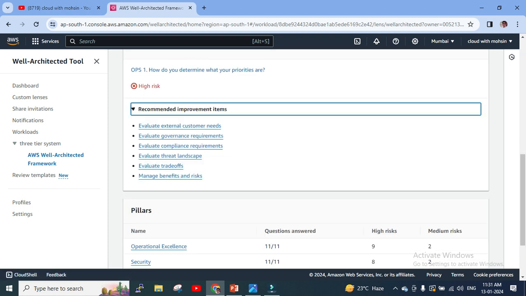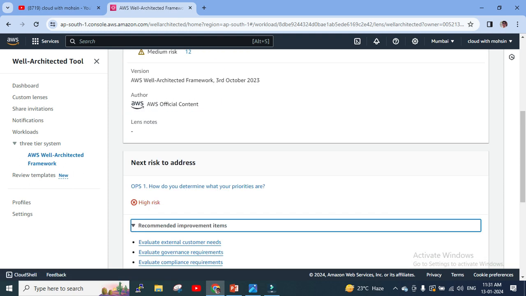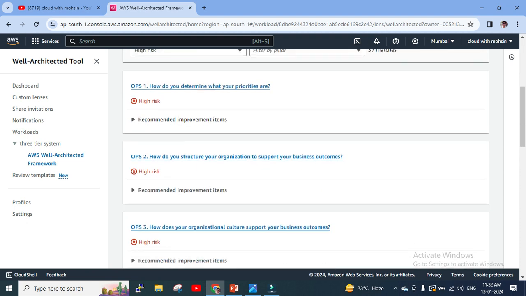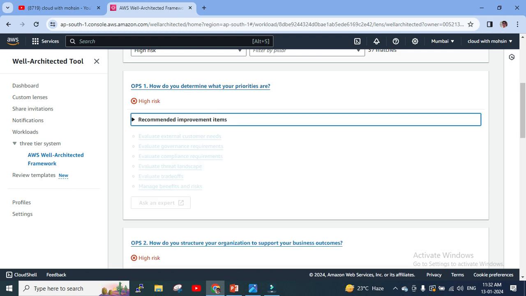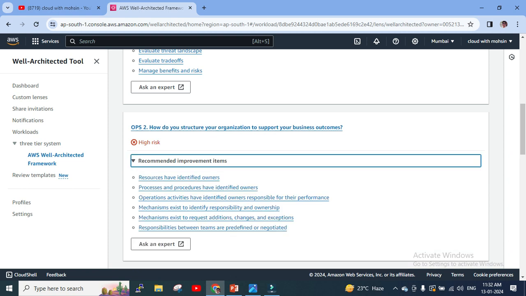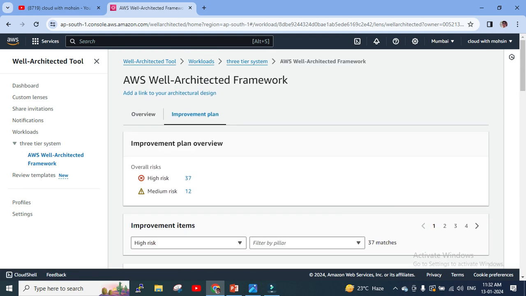Now, as you can see, recommended improvement items. This will suggest what the recommended items are. Now let me click on high risk points. So you can see, how do you determine what your priorities are, there are some recommendations. How do you structure your organization to support your business outcome? This is again high risk, as it has identified, and there is a recommendation to improve it. So like that, this will be aligned to the AWS Well-Architected Framework, and it will give us